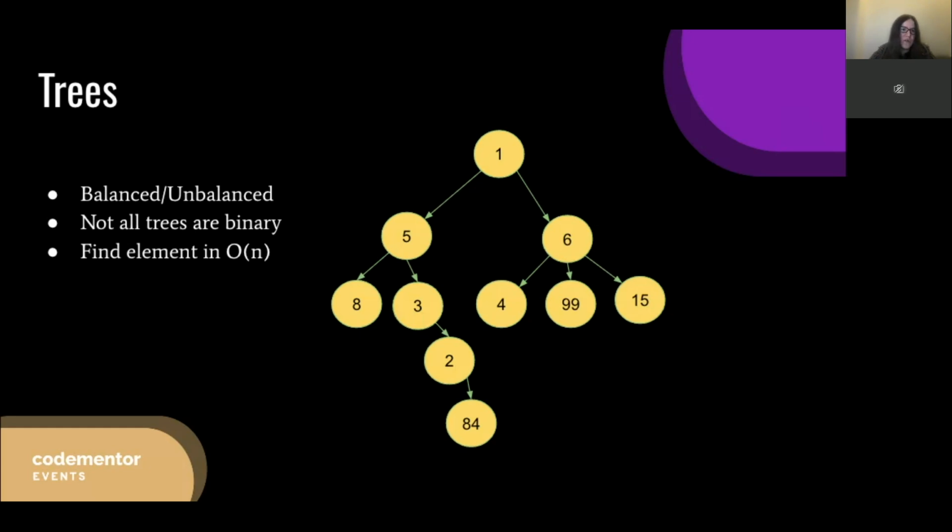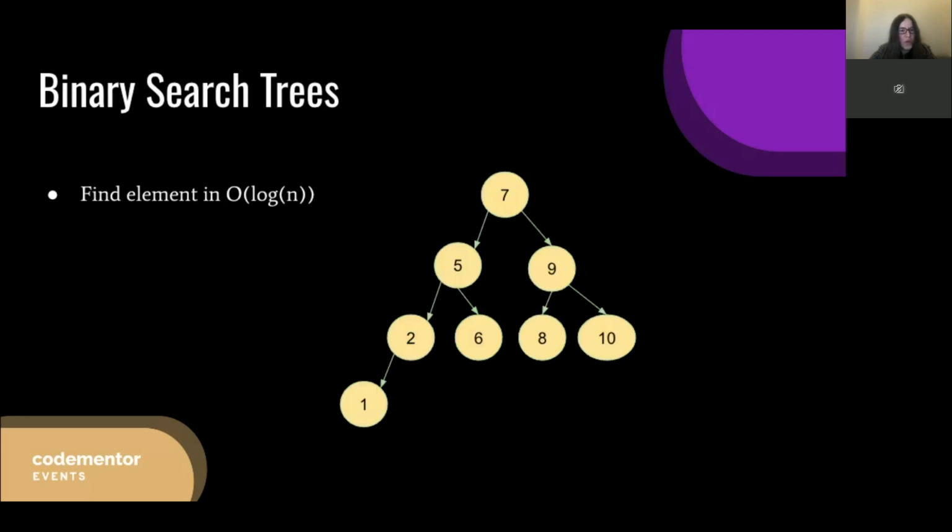But it's also important to remember that in a tree, finding any element in just some random tree will be O(n). You just can't get away from checking every element. So yeah, and of course, there are no loops in the tree. But here we have